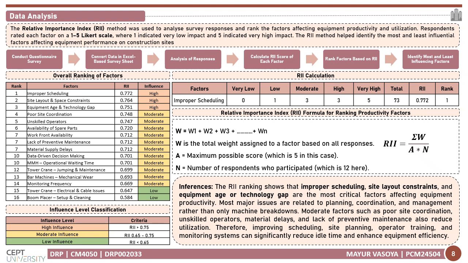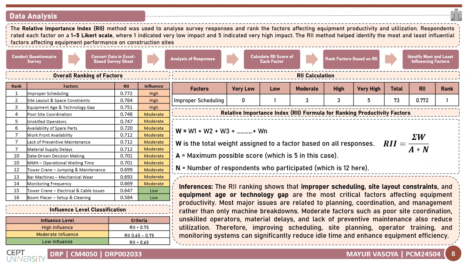The moderate influence factors include poor site conditions, unskilled operator, availability of spare parts, workforce availability, material supply, data-driven decision making, MMH operational waiting time, tower crane jumping and maintenance, bar machine mechanical wear, and monitoring frequency. The low influence factors included tower crane electrical and cable issues and boom placer setup and cleaning. These factors are still important, but compared to scheduling and site layout, the overall impact is lower according to RRI